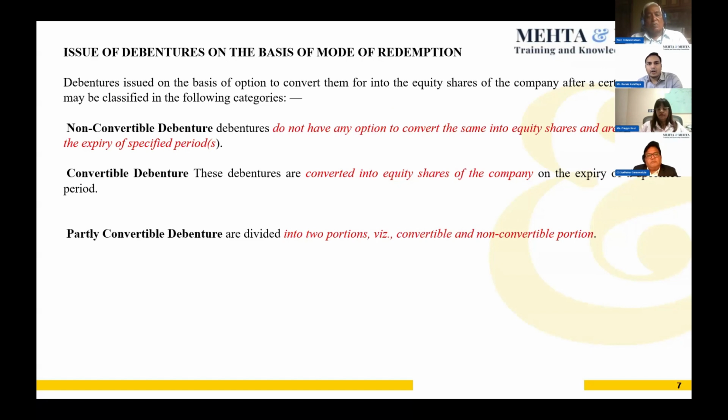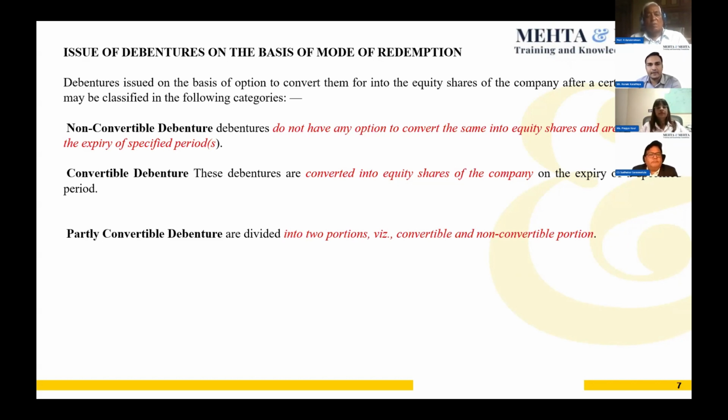And if they are non-convertible debentures, non-convertible debentures do not have any option to convert into equity, and the same are fully redeemed at the expiry